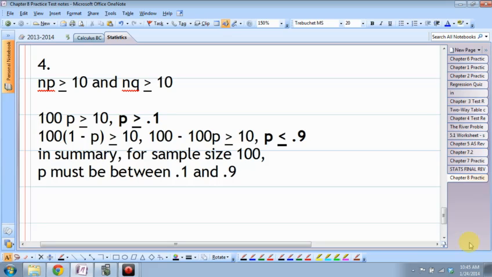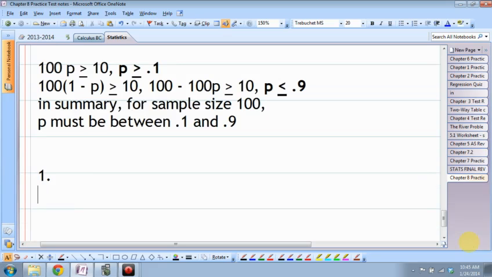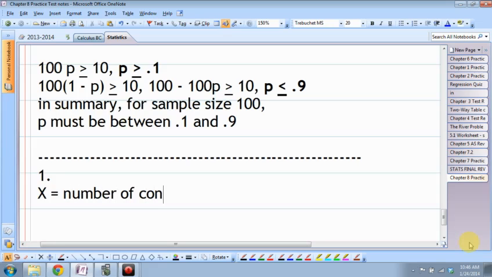Question 1. It's been estimated that around 30% of frozen chicken contain enough salmonella bacteria to cause illness if improperly cooked. A consumer will purchase 12 frozen chickens. What's the probability that the consumer will have more than 6 contaminated chickens? So first thing we need to do is recognize the fact that we have some kind of a binomial distribution. Okay. So if we say X is equal to the number of contaminated chickens,